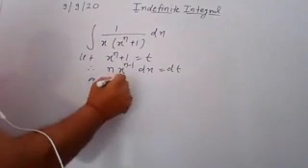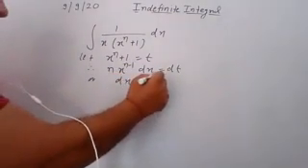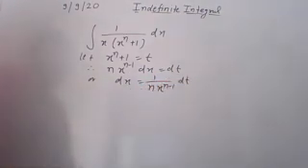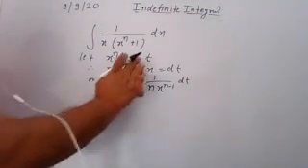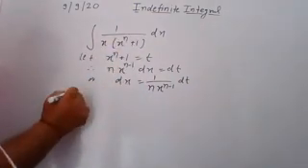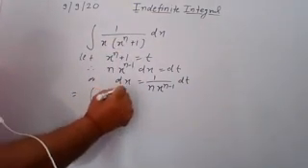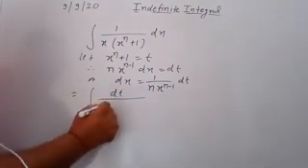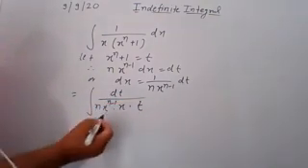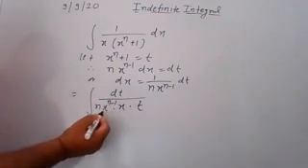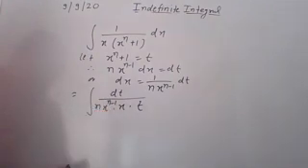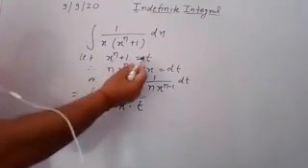Now finding the value of dx. So dx is equal to 1 upon n x to the power n minus 1 dt. Understand? Now if you put the value of dx and the value of x to the power n plus 1 in the integral, check what you have: dt upon n into x to the power n minus 1 into x into t. Multiplying the terms of x, x to the power n minus 1 and x give x to the power n, and the value of x to the power n is t minus 1.